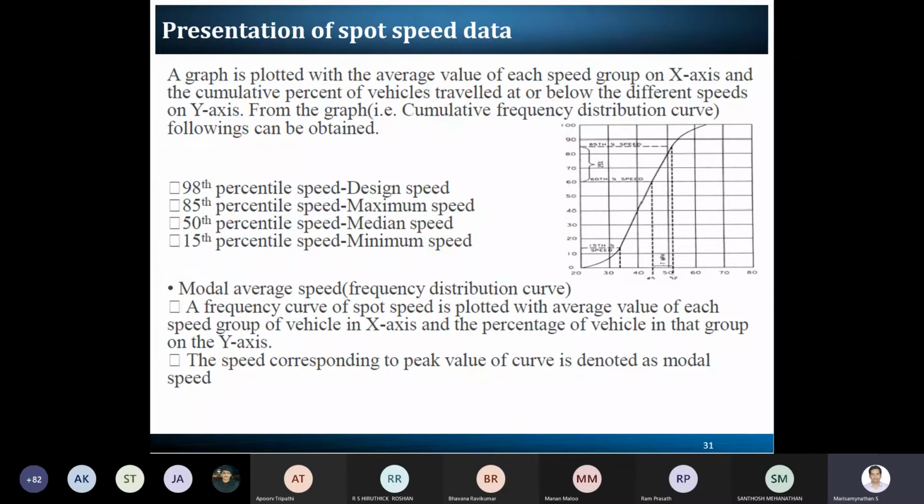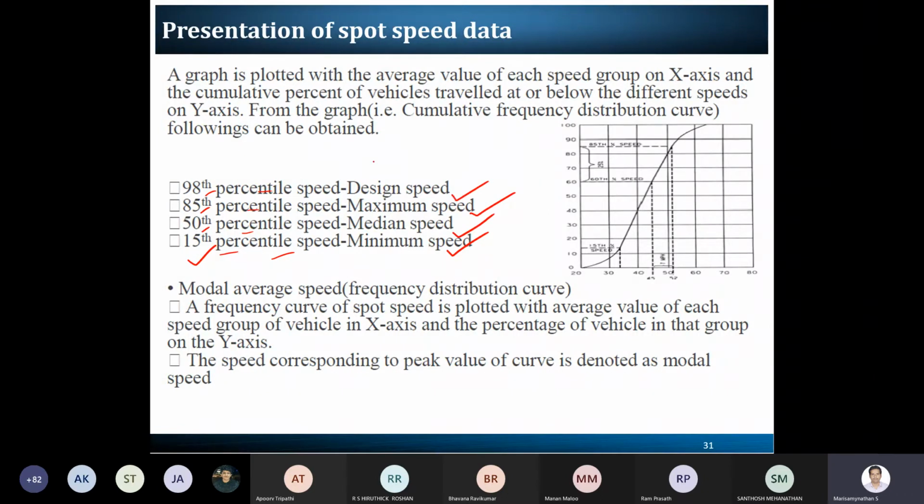The speed is usually defined as the 15th, 50th, 85th and 98th percentile speed. So this is very important. Probably you might get theoretical questions for your competitive exam. The 15th percentile defines the minimum speed of the vehicle which can be followed in that particular corridor. Then you know the median or the average speed. The 85th is nothing but the maximum speed we can follow, and the 98th percentile speed is the design speed of that